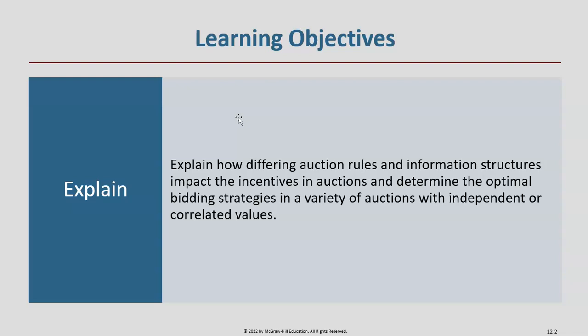Now, auctions are in the chapter on the economics of information because they are used a lot of times when the demand or the willingness to pay for a product is not well known. It might be that there's just one unit of the product, like a piece of real estate, and the seller wants to make as much money from that one item as possible. So a way to do that is with auctions.